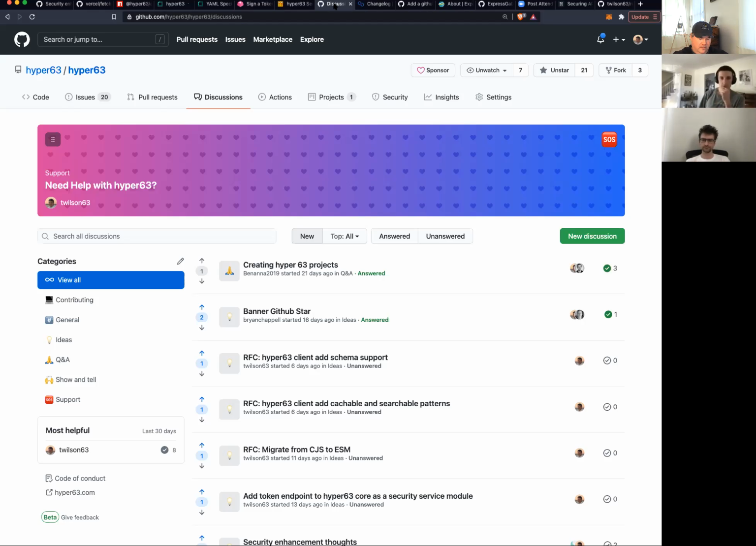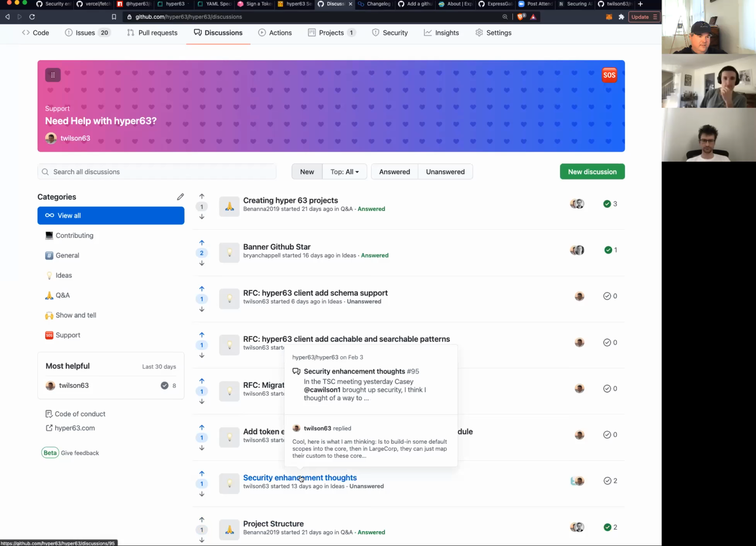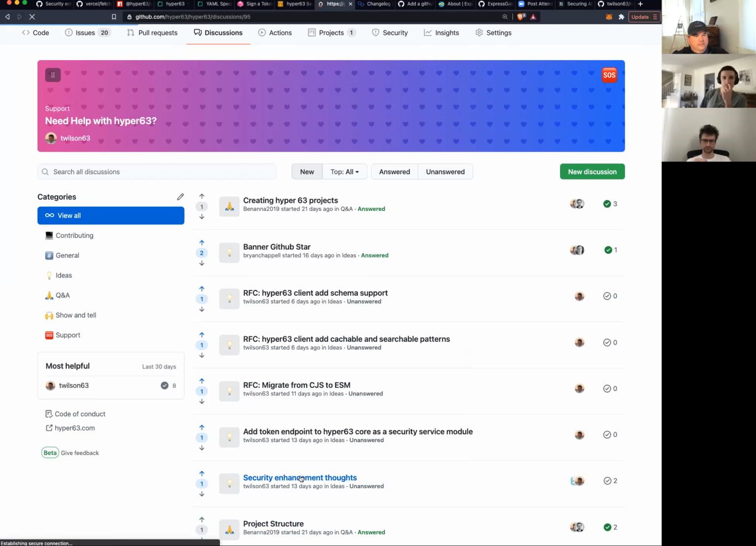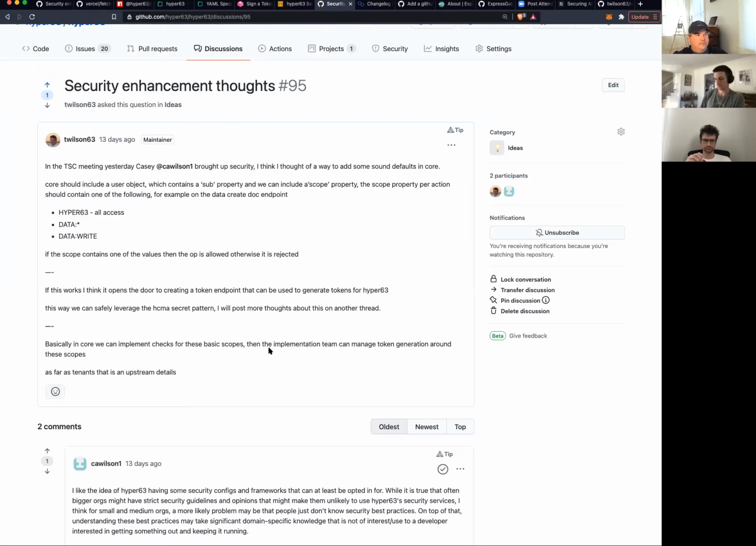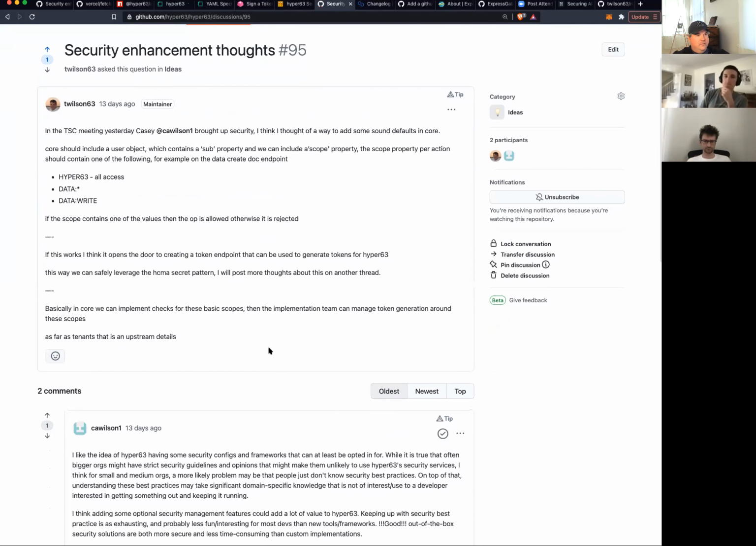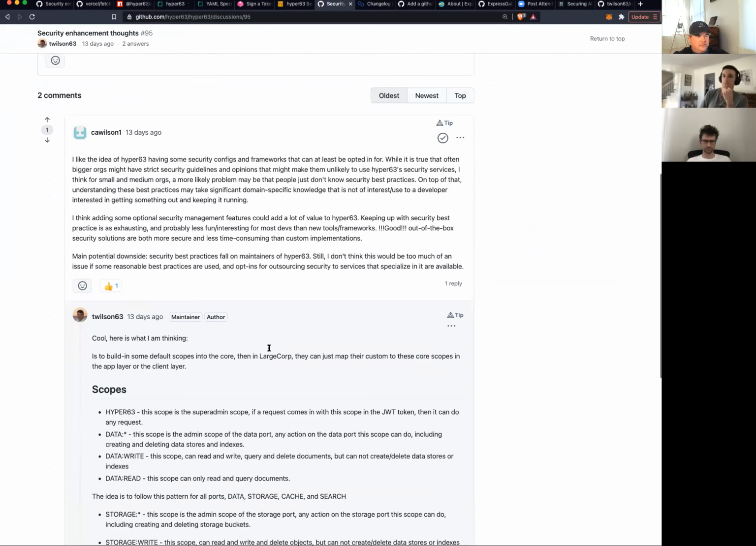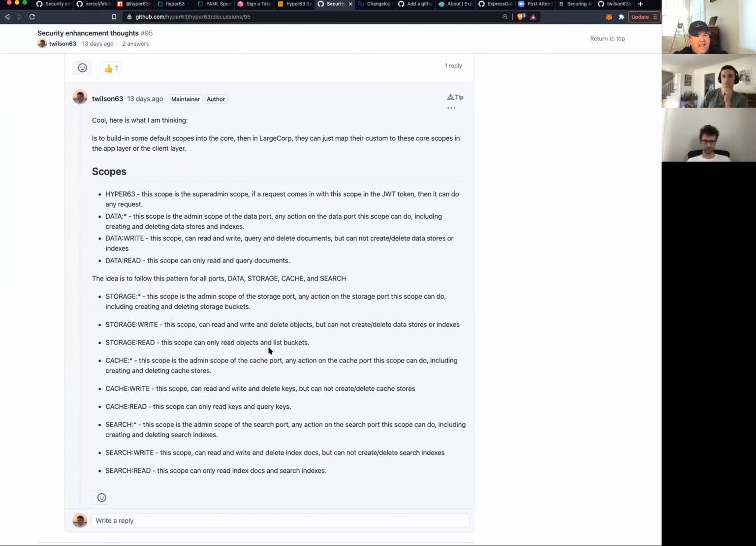Cool, cool. Where to next? Yep. So RFCs. The first one is security, and I'm really going back and forth a lot on this, but basically, Casey brought up a good point last meeting about adding security in some fashion to the project, and one of the initial proposals after that was adding scopes,